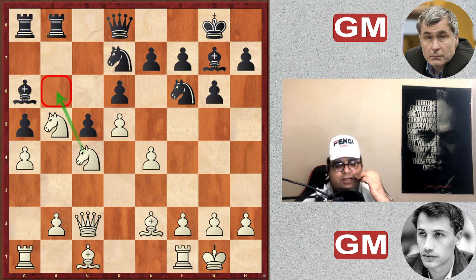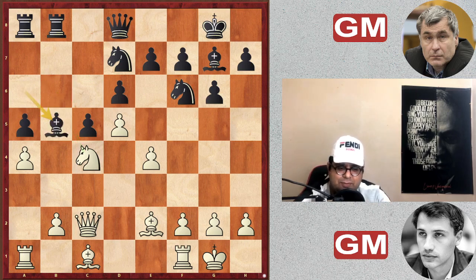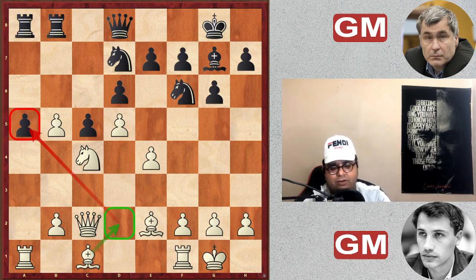But before we go further with the knight b6, there's a very important question here. Can black play bishop takes b5, eliminating this very dangerous knight? The answer is no, because after a takes b5, white's idea is to play bishop d2, attacking the a5 pawn,